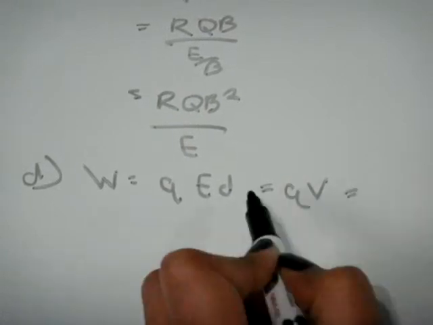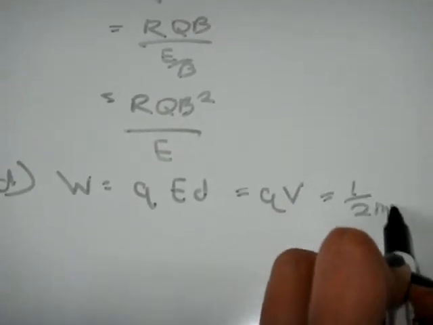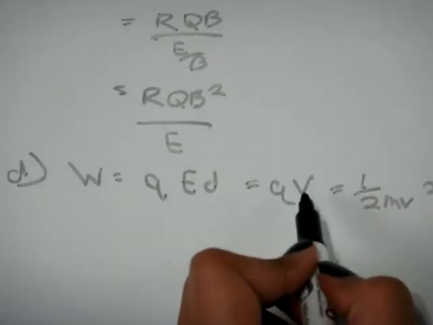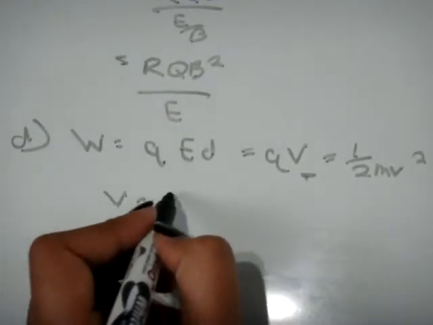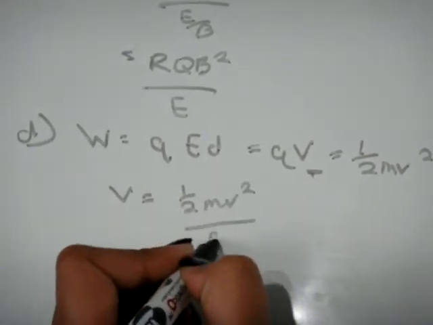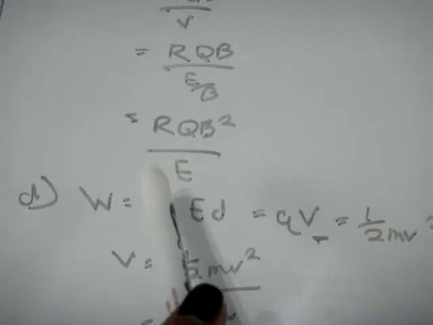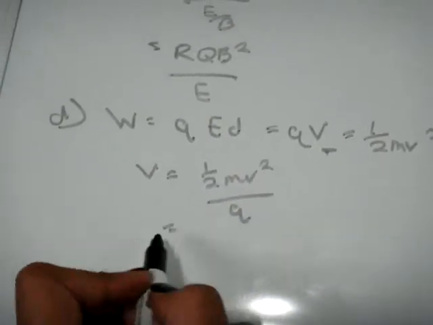And then this is work, so kinetic energy equals 1/2 m. This is lowercase v because it's velocity, and this is the potential V. So now we just have to solve for this. So we get V equals 1/2 m v squared over Q. And we found from the part above what m equals. So if we substitute and solve, we'll end up with